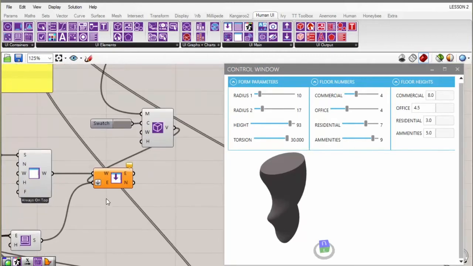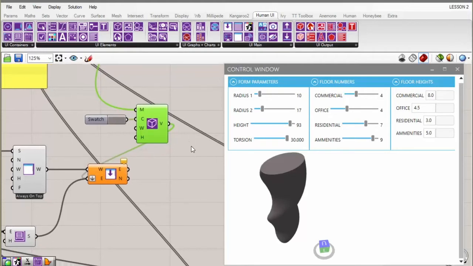And that's why this is turned yellow. This is turned yellow because it detects that what you're putting into it is dependent on modifications that are made in the window, if that makes any sense.